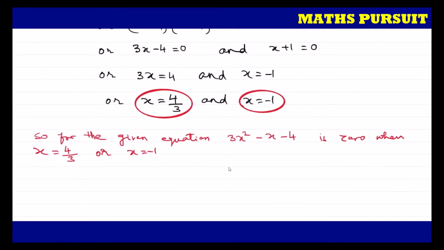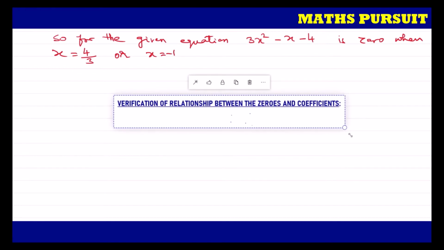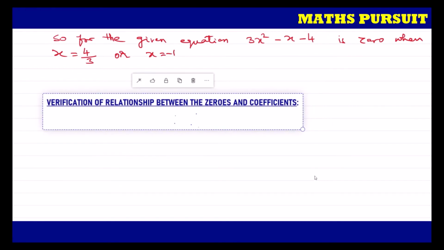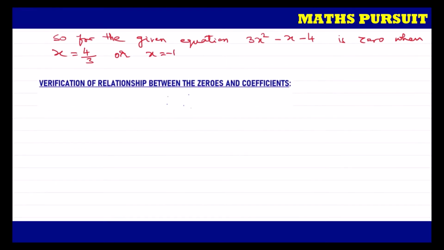Now we are moving ahead to find out the relationship between these zeros as well as the coefficients. So we are going to verify the relationship between the zeros and the coefficients. So let us look here. First of all, we will start with the sum of zeros and then we will move to the product of the zeros. So I can write here, sum of zeros is equal to